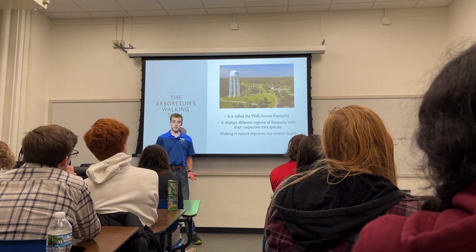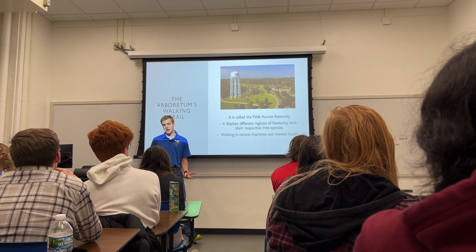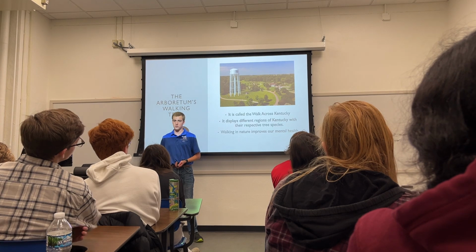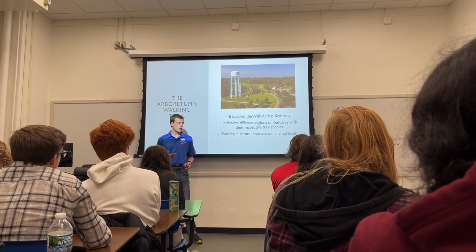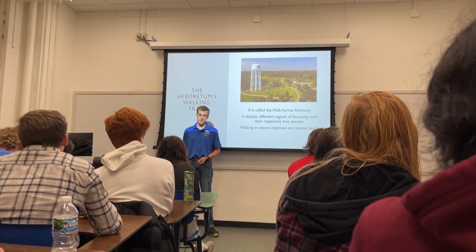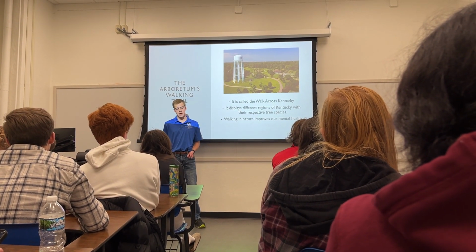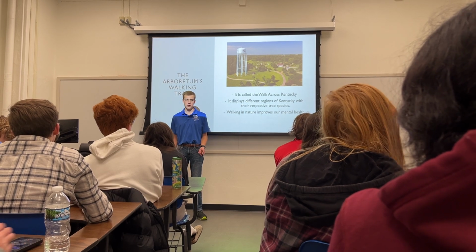The first thing the Arboretum provides Lexington is a free walking trail. It's 2 miles and it's paved, and it's called the Walk Across Kentucky. Whereas most parks are kind of uniform throughout with their tree species composition, this walking trail is divided into 7 different regions, and it reflects the 7 different natural regions of Kentucky. Each region has different tree species. So for example, the Cumberland Mountains region has more pine and magnolia trees, and the Bluegrass region has more oak